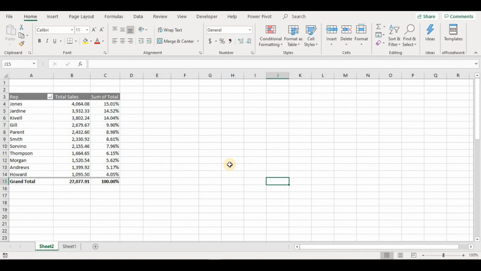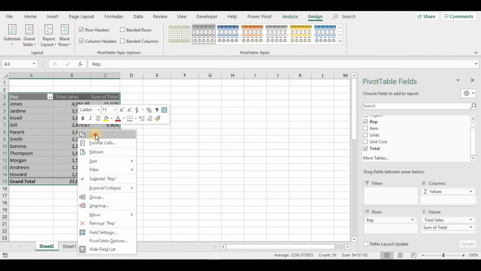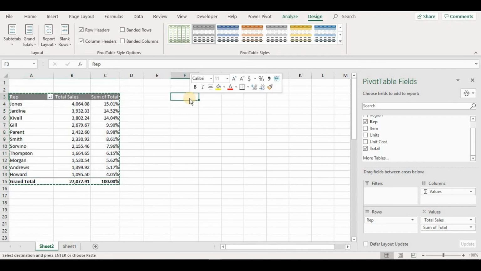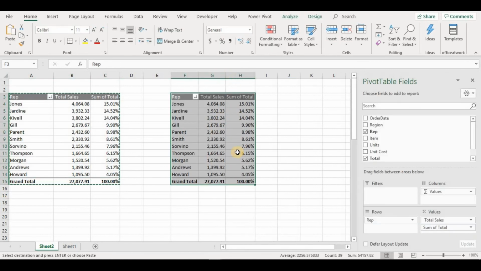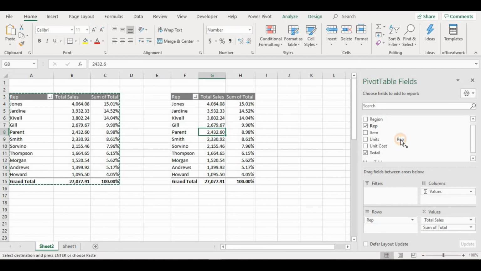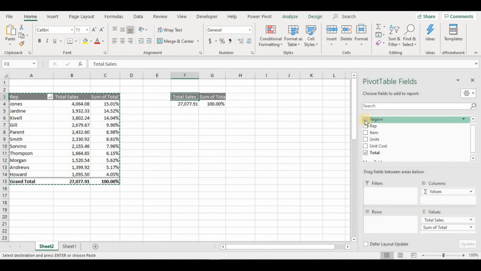When we want to create multiple pivot tables, it is the best option that we copy the same pivot table and we can paste it as another one. Why? Because the same format will appear. So here we will remove the representative and we will put the item.